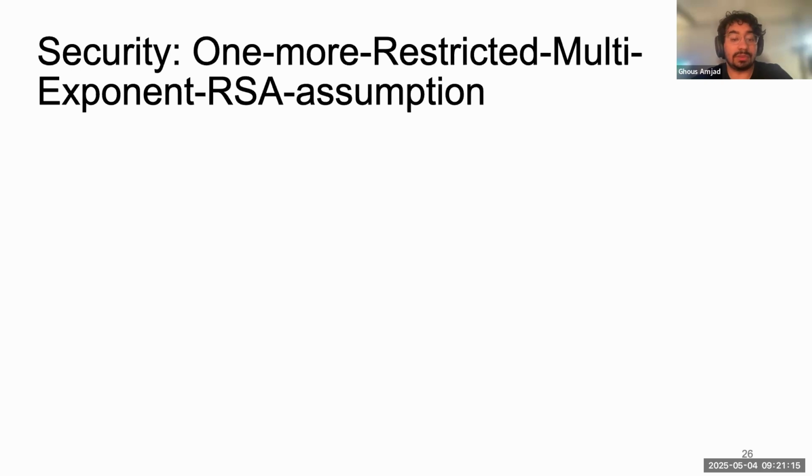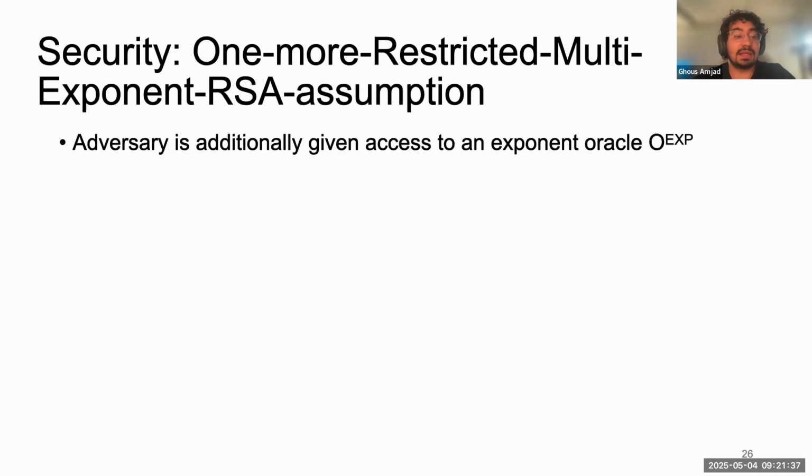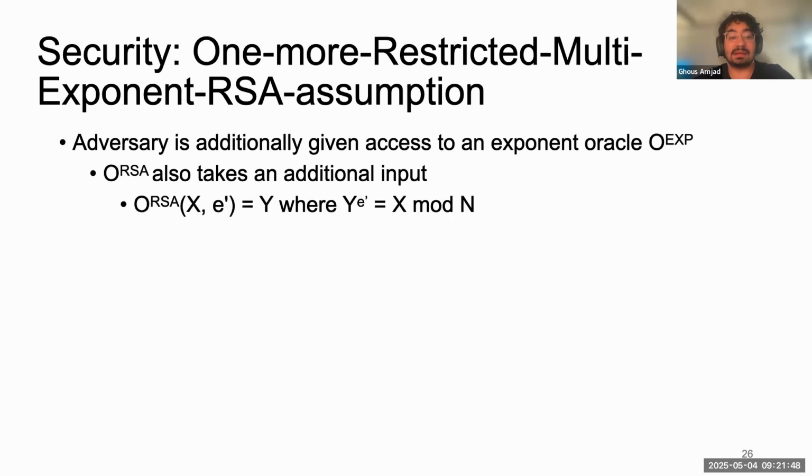Now, what we do is we extend this assumption, the assumption in the previous slide, to a new assumption that we call the one more restricted multiple exponent RSA assumption, in the style of one more techniques of Bellare and other people. To our knowledge, this is the first exploration of one more RSA inversion assumptions with multiple exponents. So the adversary is additionally given access to an exponent oracle, and the RSA oracle takes an additional input. It takes an exponent as an input, and now you're outputting y,